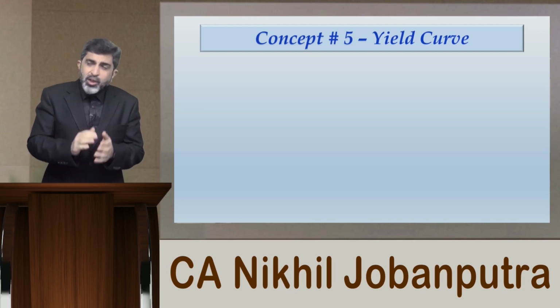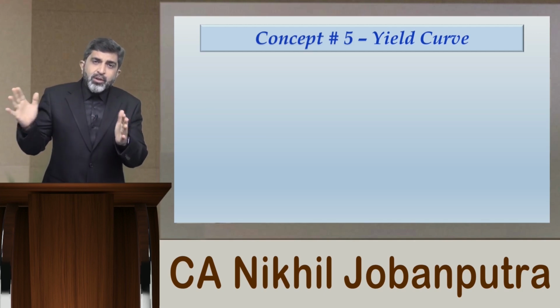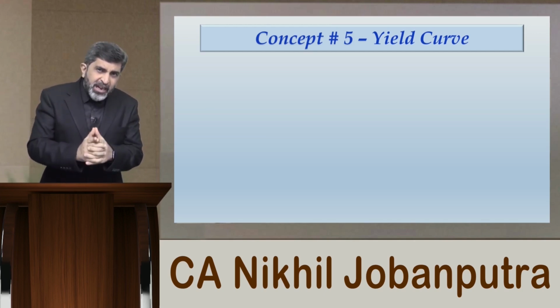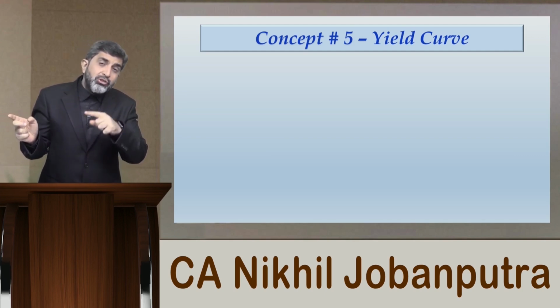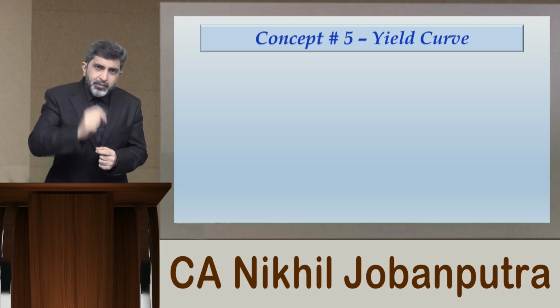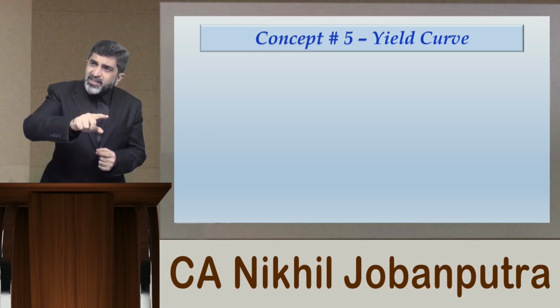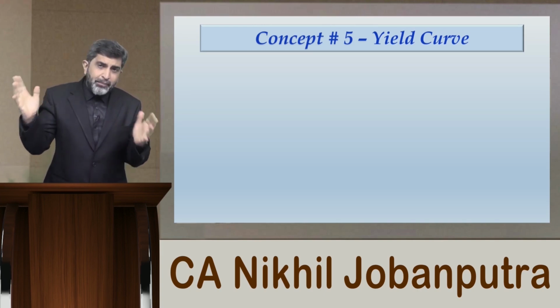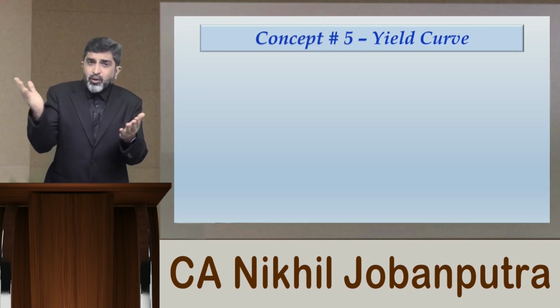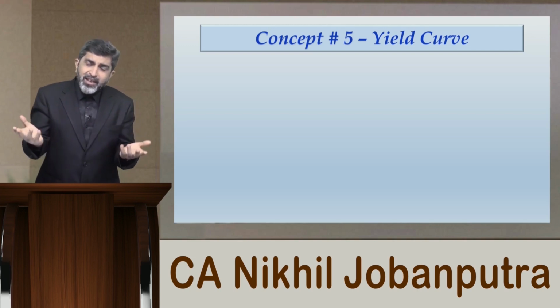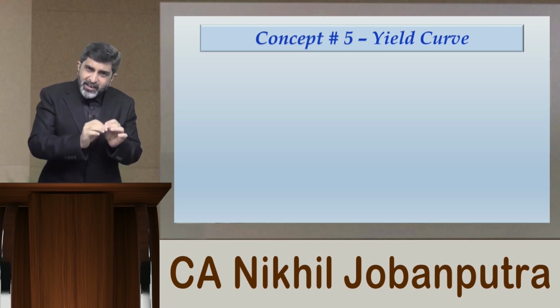So what happens? It's a long maturity. Now, depending upon the maturity period of the bond, the coupon rate varies. Let me explain this way. Suppose when the interest rate in the bond market increased from 7% to 8%, what happened? The value of your bond declined and you are stuck with that 7% bond, whereas all other investors currently are earning 8%. So you are stuck in that situation.